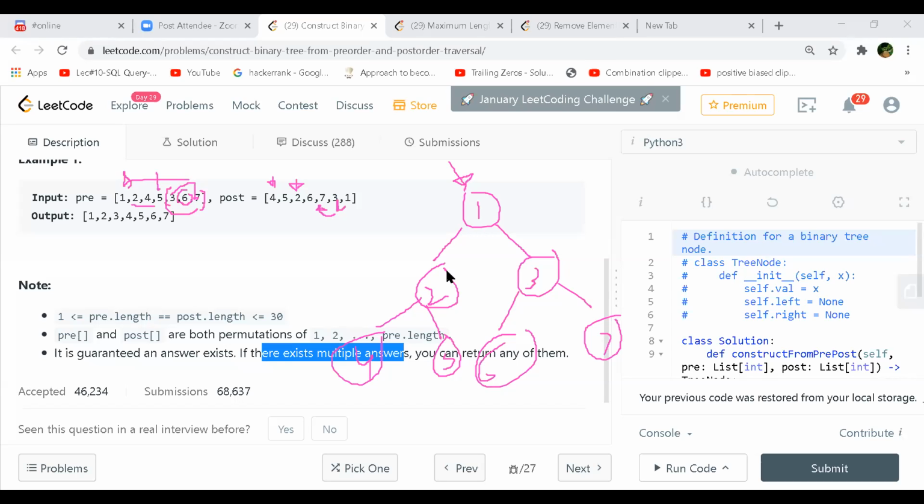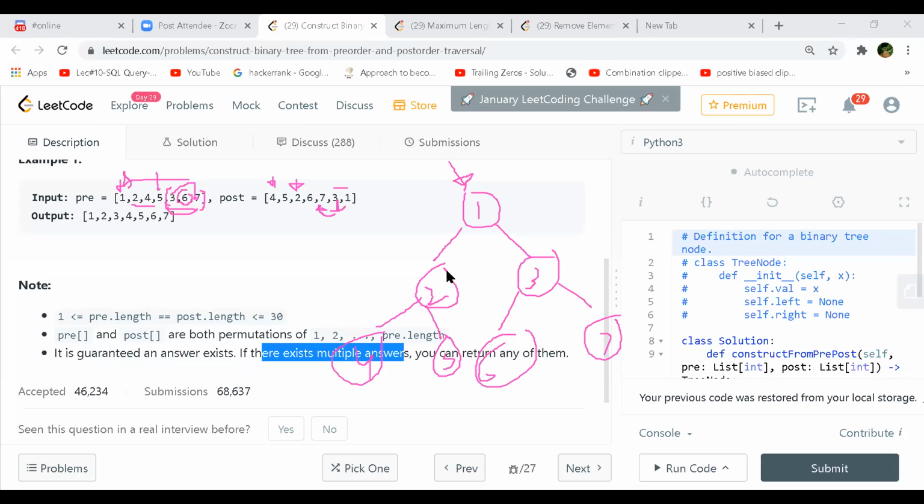I think I am doing the reverse way. So when I'm at 1, I make this node 1. Now I move one step to the left in my post order. So that is a 3. Okay. So now I look for this 3 in my pre-order. So essentially what this means is that anything ahead of 3 till my last index would be a part of my right subtree. So now I will try to make the right subtree first. So I will get this part 3, 6, 7.